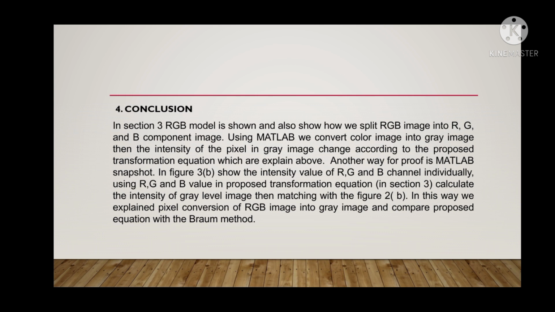Another way of proof is a MATLAB snapshot. In Figure 3b, we showed the intensity values of the R, G, and B channels individually, using the R, G, and B values and the proposed transformation equation. In section 3, we calculate the intensity of the gray label image, then match it with Figure 2b. In this way,